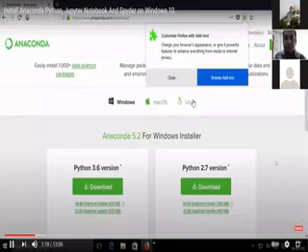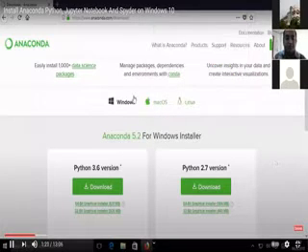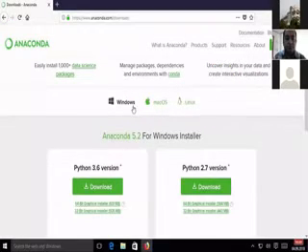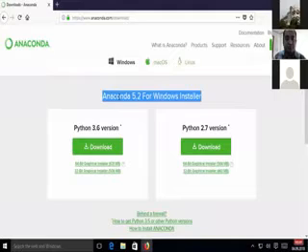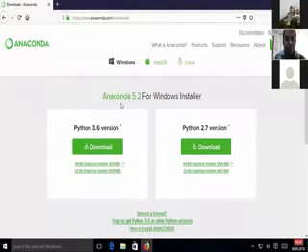and Linux. By default, Windows is selected for us, and you can see Anaconda 5.2 is the latest version available at the time of making this video. Also, you can download Anaconda with two versions of Python: Python 2.7 and Python 3.6.